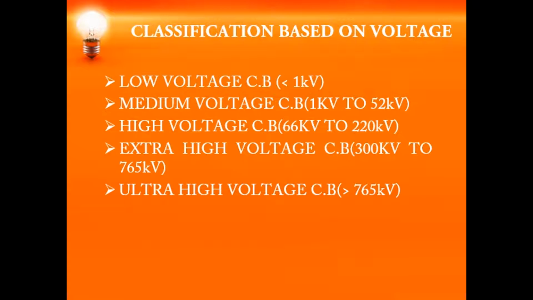If the voltage is between 66 to 220 kV, it is categorized as a high voltage circuit breaker, whereas the extra high voltage circuit breaker has the range 300 kV to 765 kV, and the ultra high voltage circuit breaker is above